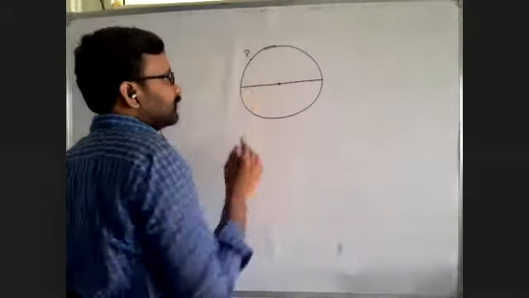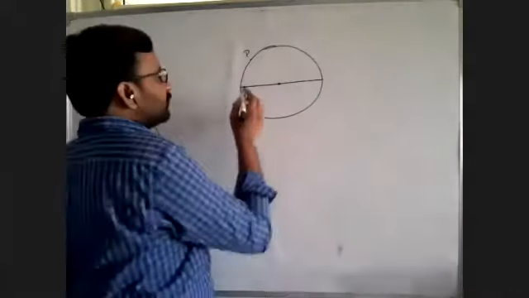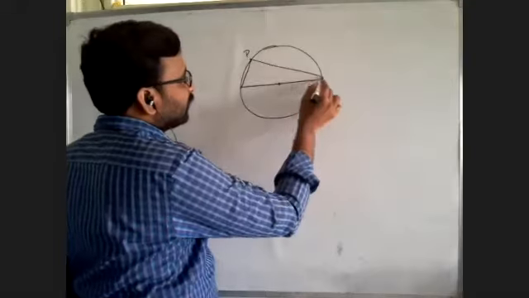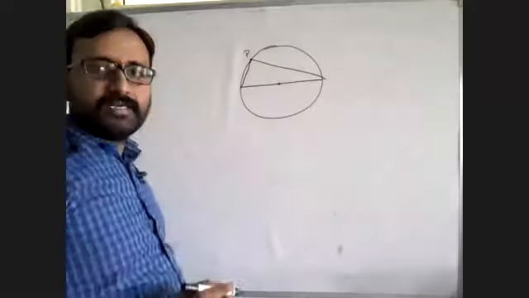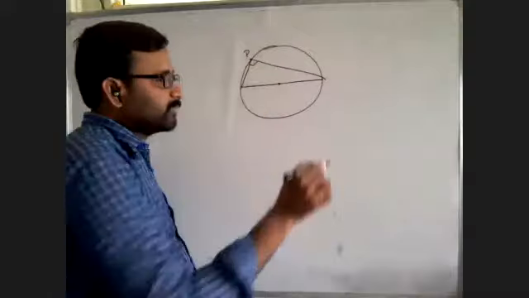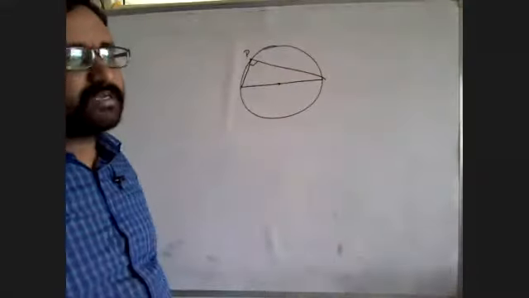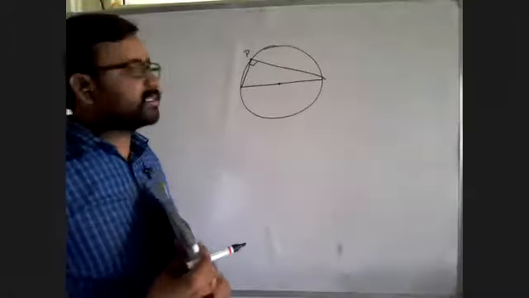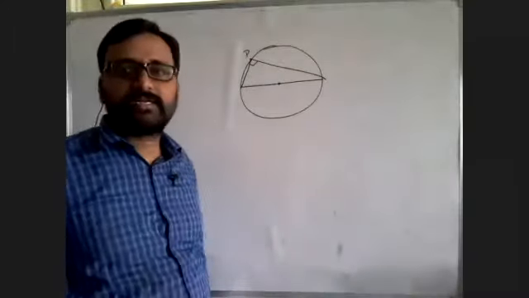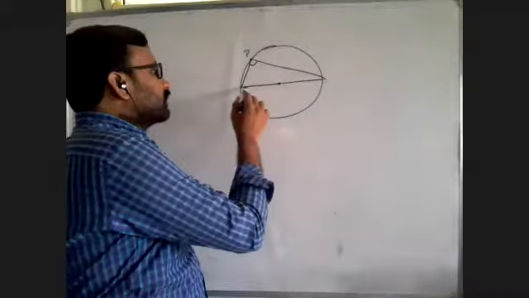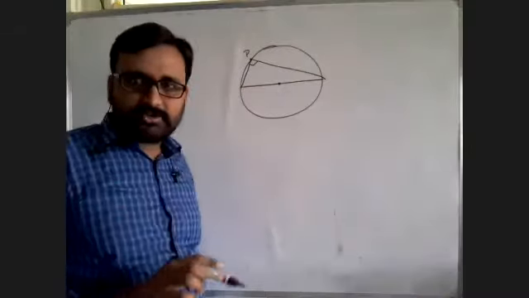And if you take any point on the circle, some P, this diameter and joining with this P, you will get a triangle. And where you are taking the point, it is clearly perpendicular, 90 degrees. Remember, if you take any point on the circle with the diameter, that will make a perpendicular angle, 90 degrees angle. And diameter always cuts the circle into two parts.